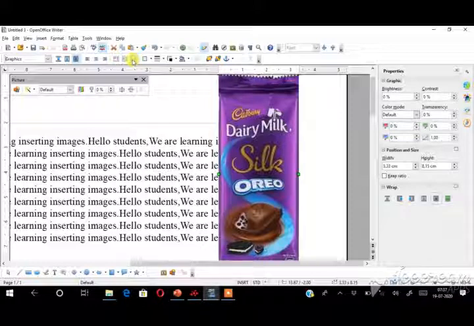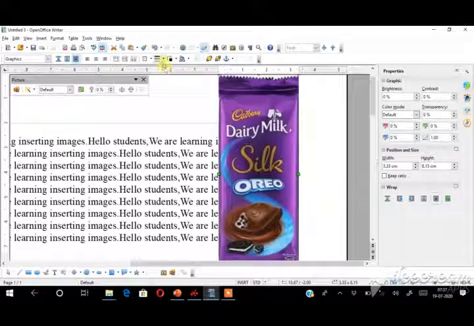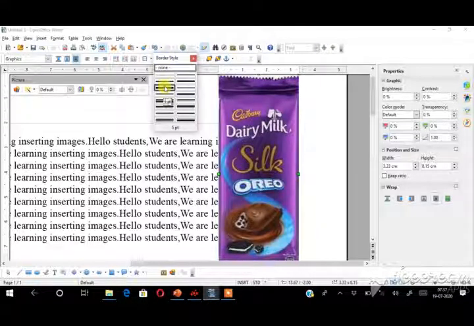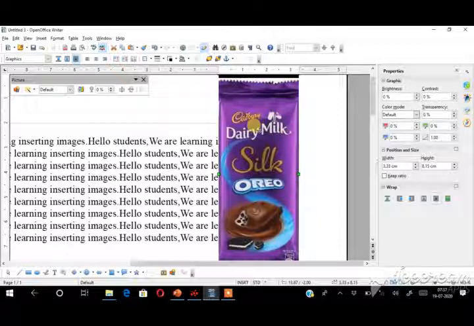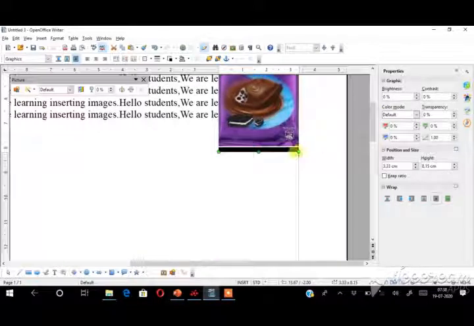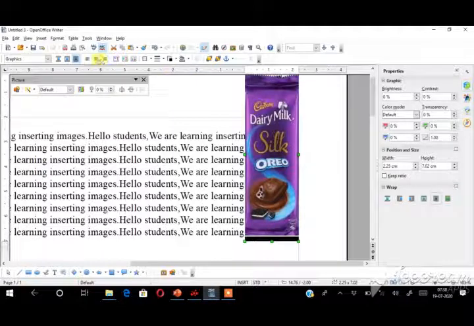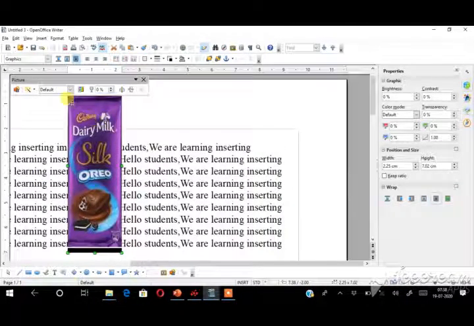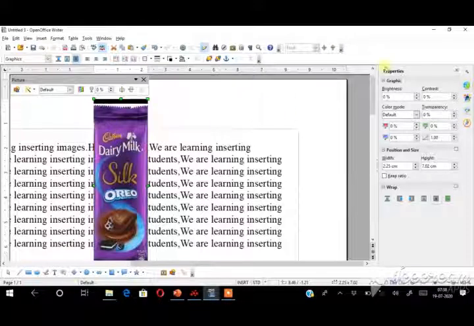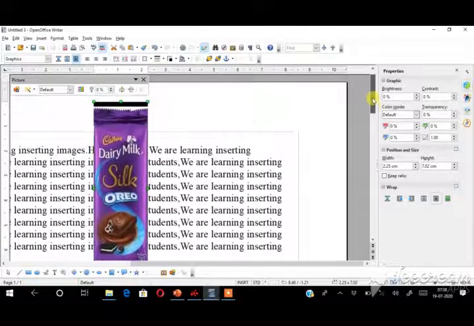And then next is, how can you set the border of your picture? This is my picture. How can you set the border? See this. Click the border option. These are the different border styles. See here, this is the border style. You can set the border line style also. See here, in this way I set the border, only top and bottom. See here. So this is my picture. You see this one. See, only the top and bottom border appears.